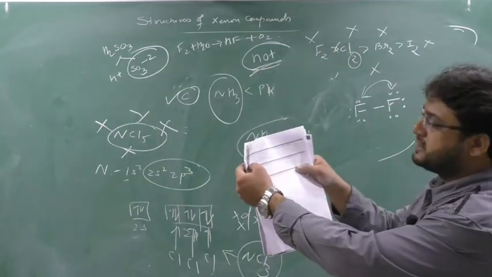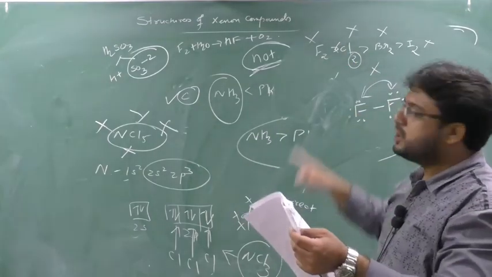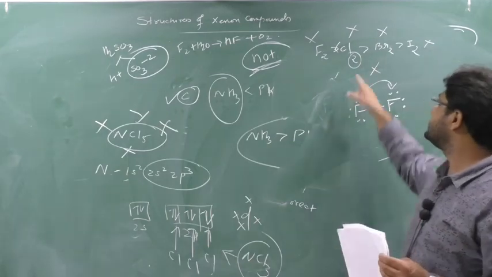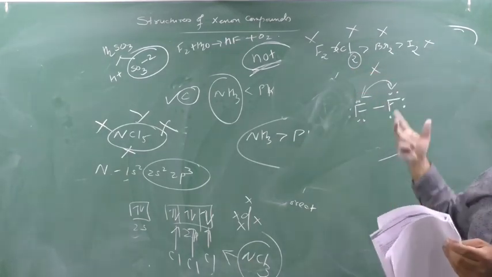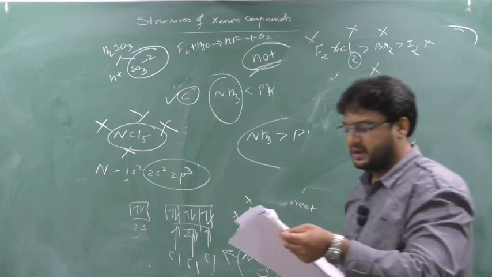Here they have shown fluorine has the highest bond dissociation energy. No, fluorine has the lower bond dissociation energy. So this answer should be there, but as it is not given here, you have to understand. I will not give the bonus. Okay, so the answer is correct here, B.